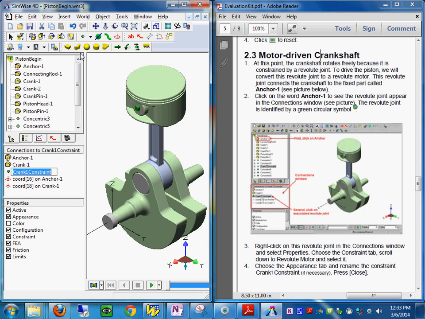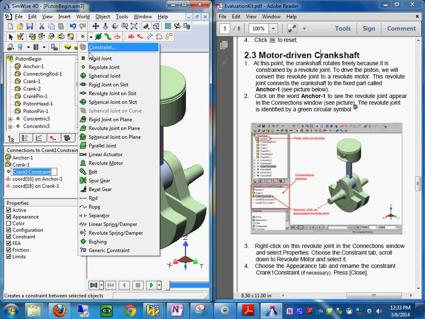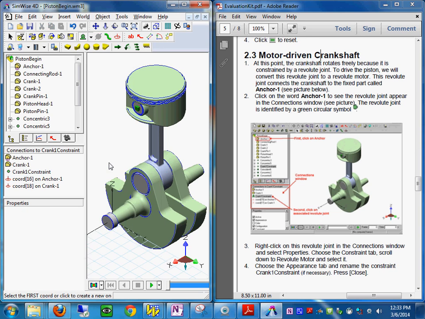The constraints that we have are, where's our little symbol here? Right here, see? You go to the revolute motor right there, and then select it, choose the appearance tab, and rename the constraint crank 1 if necessary. So we go